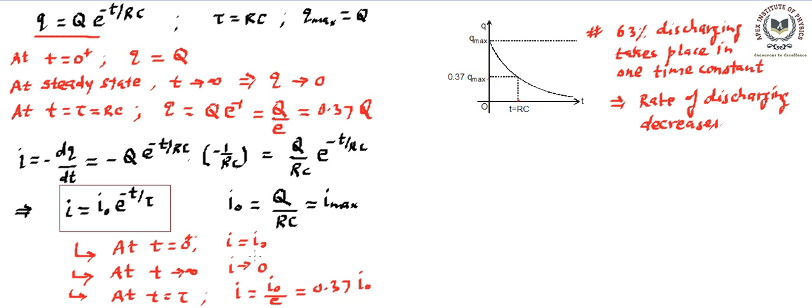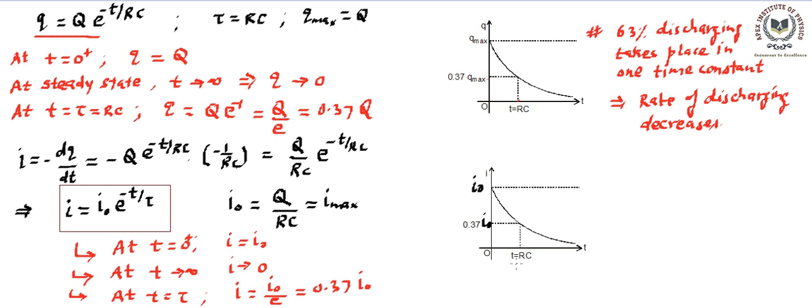We can also show this current by a graph. So let's draw the graph. The graph looks like this. I is the current on the y-axis and t is the time on the x-axis. Initially when time was 0, the current is maximum. It starts from I naught. I naught is the maximum current. And what is the value of this I max or I naught? It's initial charge upon RC. And then it decreases and becomes asymptotic to the x-axis. That means it tries to touch the x-axis after a long time.